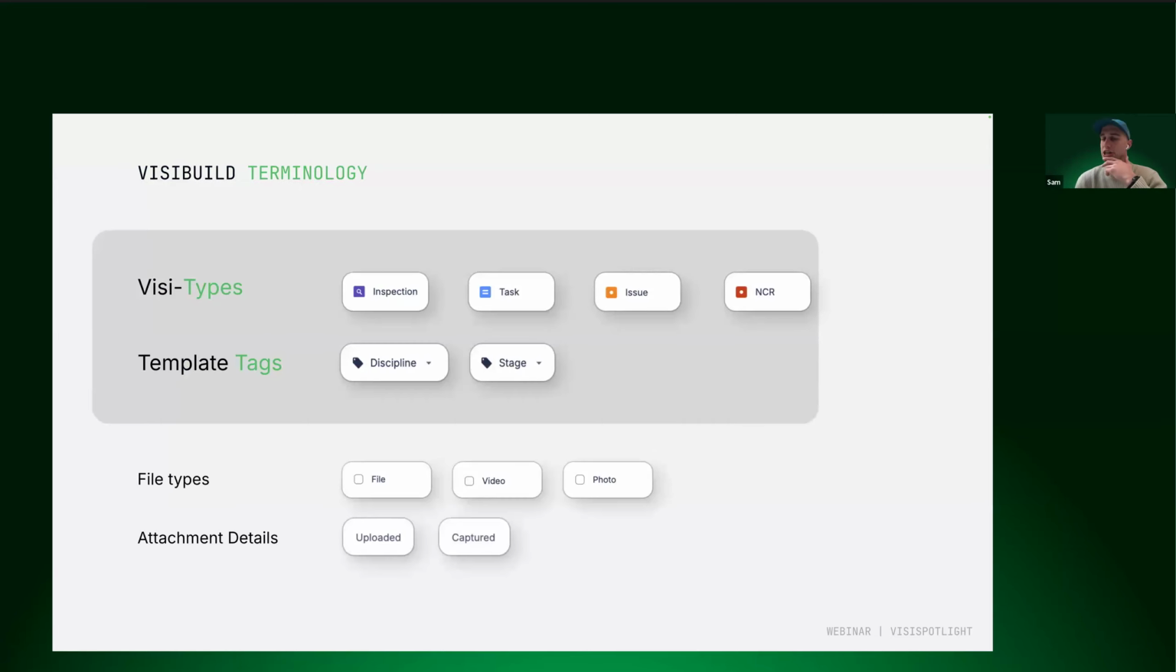So just to refresh everyone's memories, I'll quickly run through some Visi types, template tags, file types, and attachment details. So Visi types, we have four Visi types. First one being an inspection. Think about the inspection as your digitalized ITP. An inspection Visi is usually used when you're checking works on site. It could also be used for a site walk or a defect walk. And it can really act as a parent record that holds a checklist of tasks and potentially issues that you